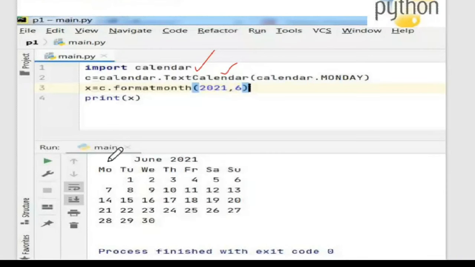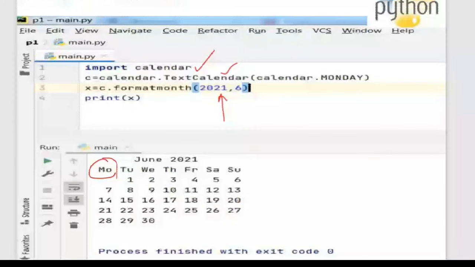If you want to begin with Sunday, you can say Sunday, whichever is the first day you want printed in the calendar. So I said calendar dot Monday. And then I said x is equal to c dot format month, where I am giving the year and the month, so for which month and which year I want the calendar. I am using the format function over here.